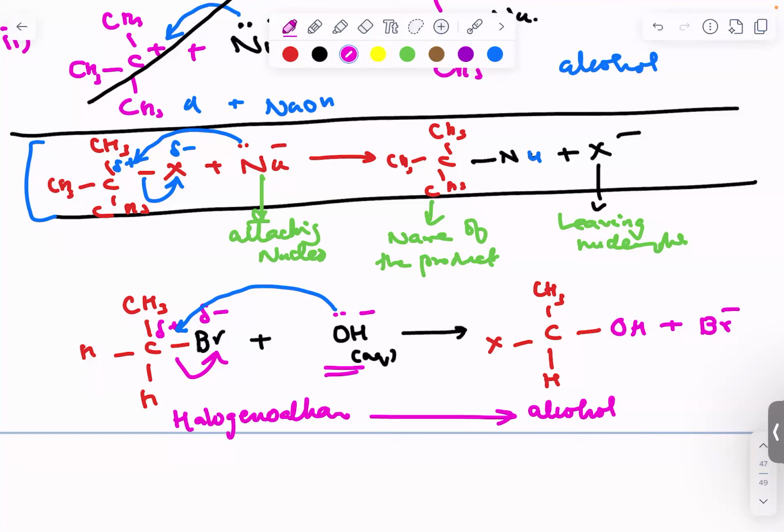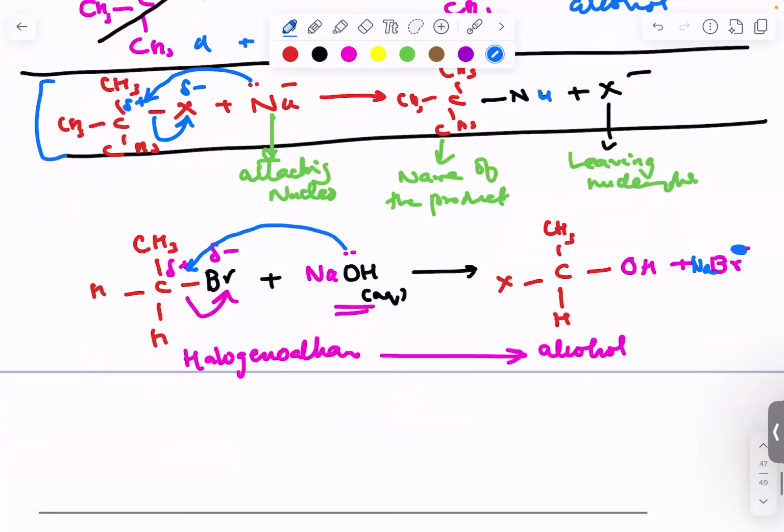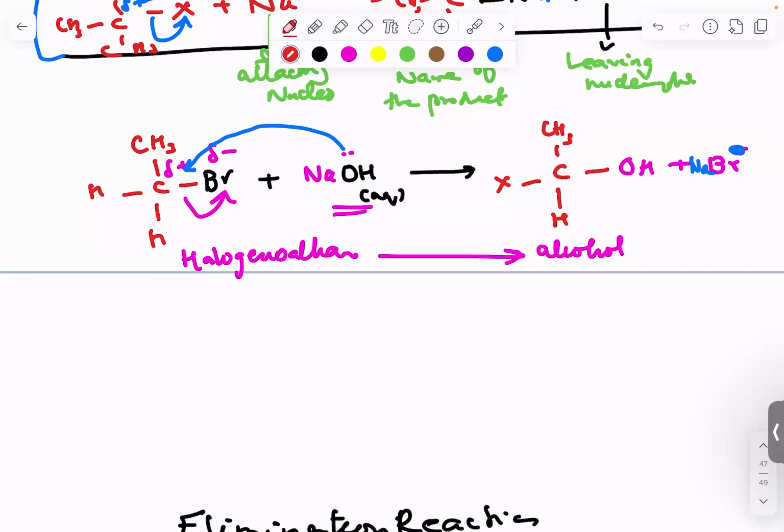Now, if you are confused why I didn't write sodium hydroxide, it doesn't matter. I can show it like this, NaOH, and then I am going to get NaBr, and this negative charge will be removed. So it's one and the same thing. I hope it clearly makes sense to you. All right. Now let's do the mechanism. This is the overall reaction. Now the mechanism would be